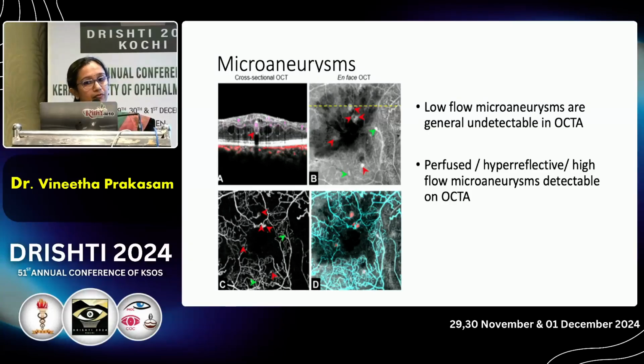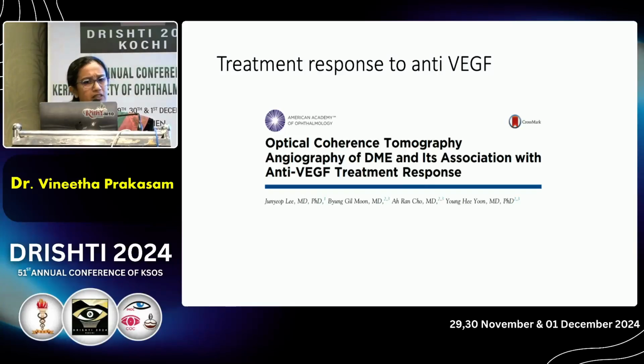However, perfused microaneurysms, which are hyperreflective, or high flow microaneurysms, can be detected in OCTA. And these are the microaneurysms that are actually associated with an increased risk of localized edema and even ischemia. Now, this is an interesting study where they've studied the OCT angiography of DME and its association to treatment response